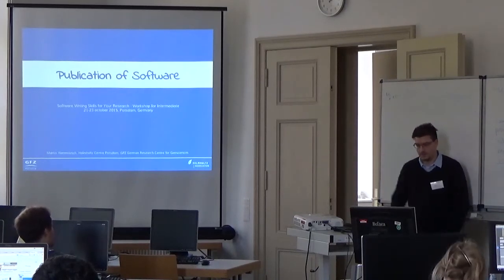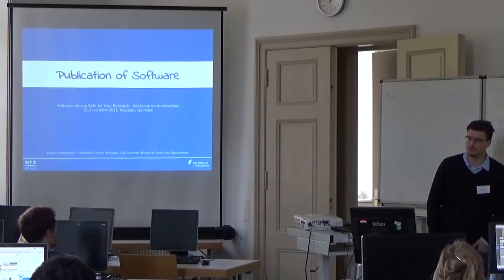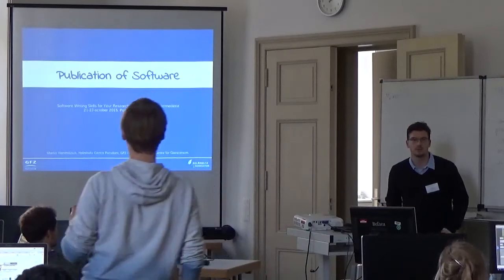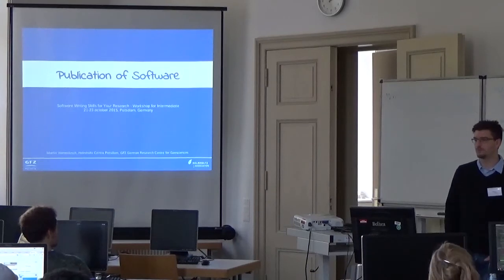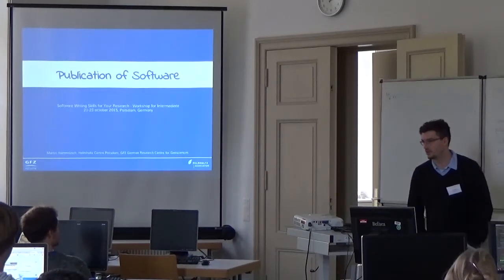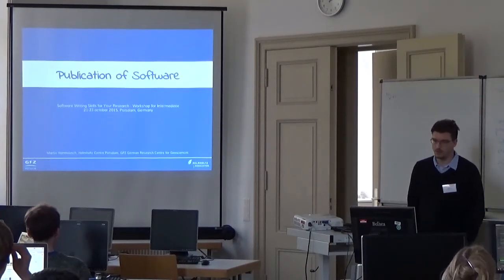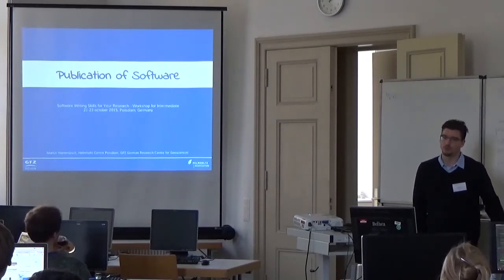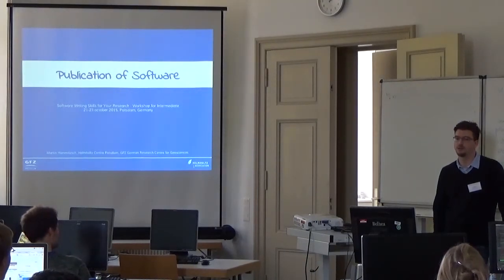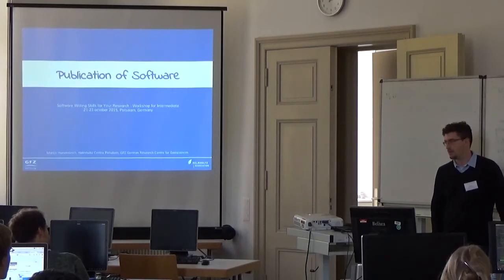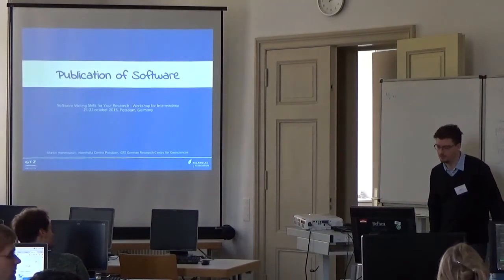When we look at the scientific world, it started with open access, making your paper open so that everyone can read it. Then we started to open the data as well. We can even publish data on different platforms where we get DOIs, digital object identifiers, like we know from papers, for data. And for a short time now, we also have the opportunity to get DOIs for software, so that it can be part of your publication list, for example, which is currently on the way.